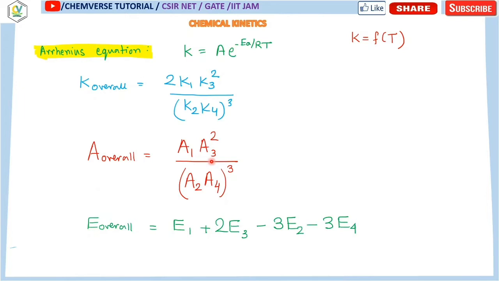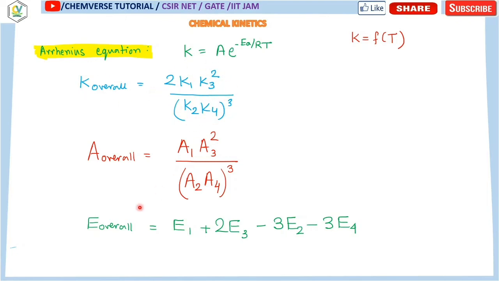Okay, so let's move on to our Arrhenius equation. Arrhenius equation says that rate constant is dependent upon the temperature, which is a function of temperature. Something like this, where k is equal to A, a pre-exponential term, and this is the exponential term, over it is the activation energy. Now for any multi-step reaction, suppose the overall rate constant is dependent on different rate constants